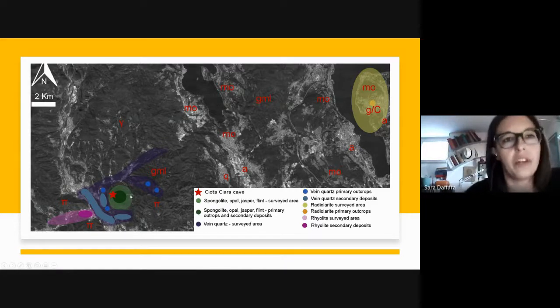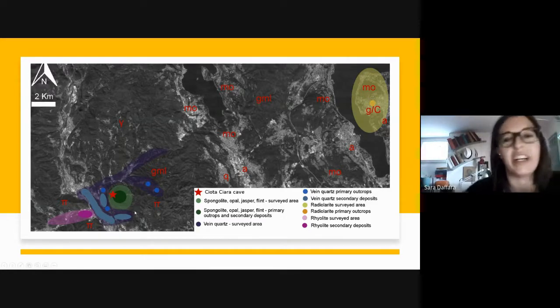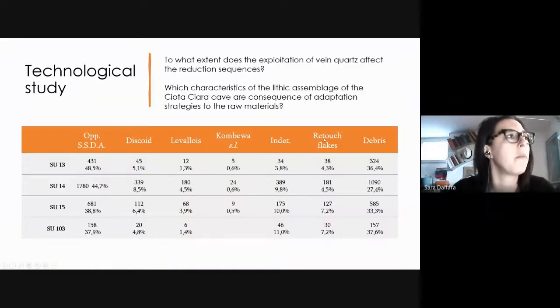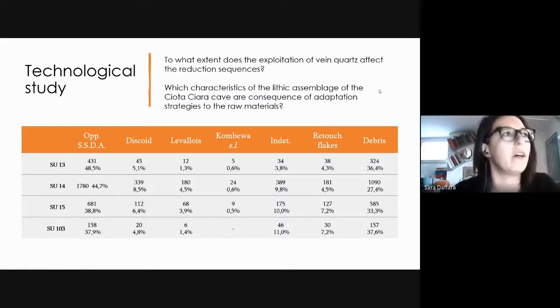As I said before, during winter, Ursus spelaeus was in the cave for hibernation, so humans did not frequent the cave during winter. So where do the Neanderthal groups go during this season? Probably they move towards the east, in the direction from where the radiolite outcrops. From a technological point of view, the predominance of vein quartz in the lithic assemblage is quite interesting,